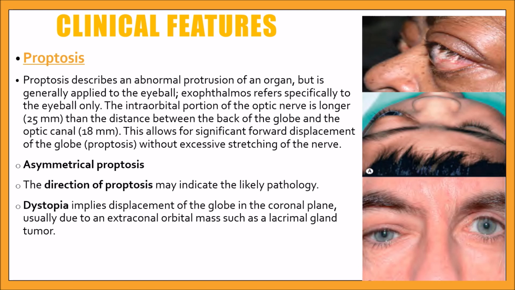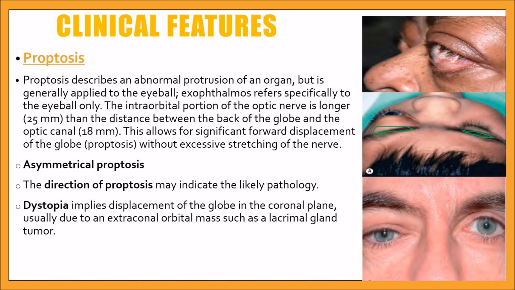Now, it can be asymmetrical, which is readily detected by looking down at the patient from above and behind, as in this picture. You can always examine the patient from behind initially, and it becomes very clear. The direction of proptosis may indicate the likely pathology. For example, a space-occupying lesion within the muscle cone,